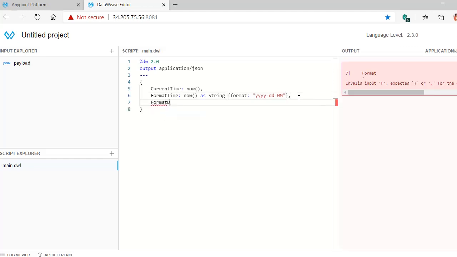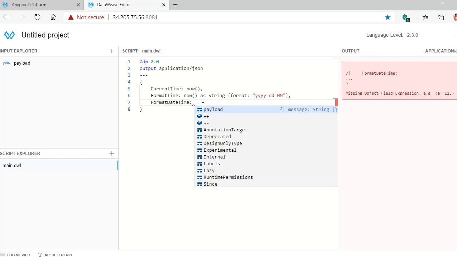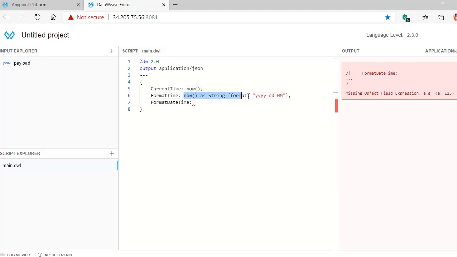Format date time. I would like to get the complete date and time format.